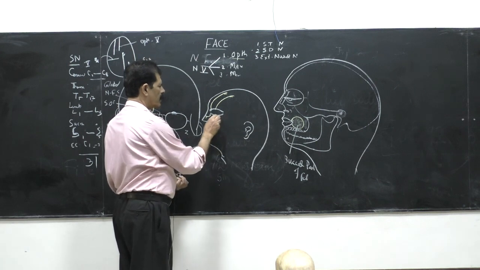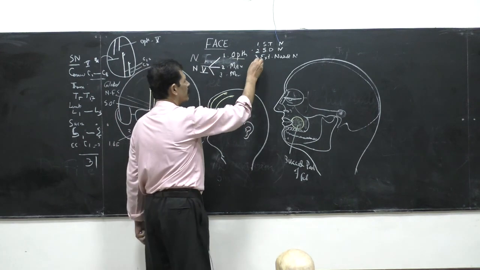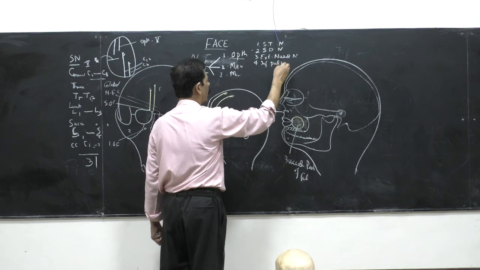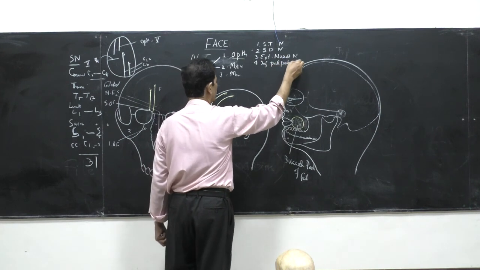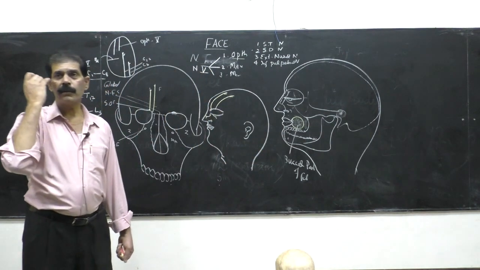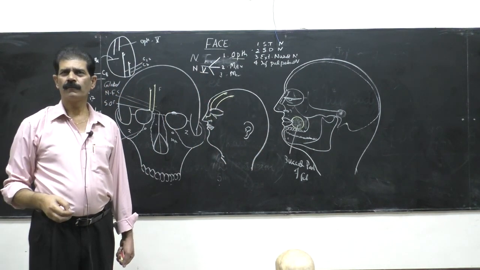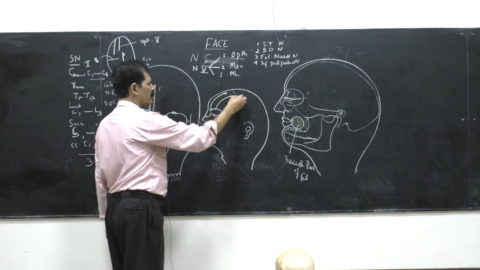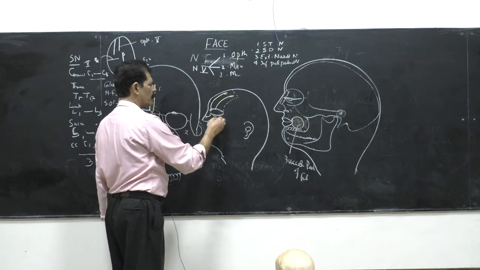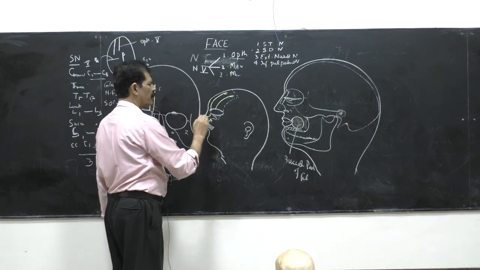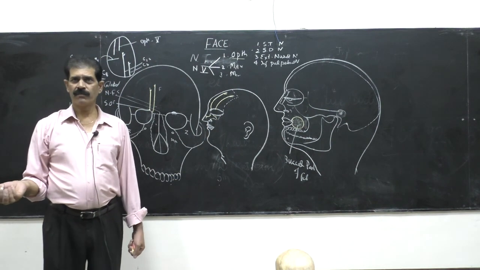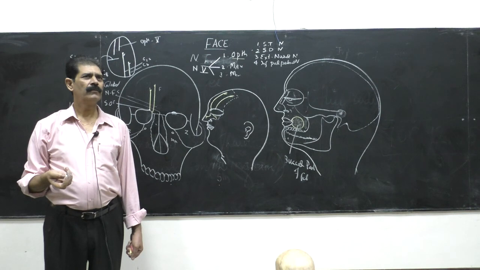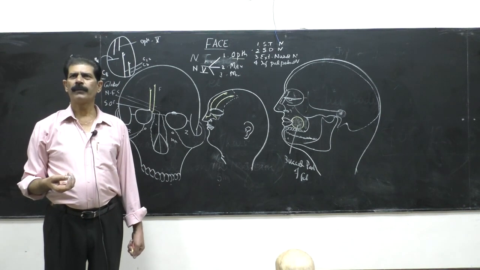Then the lower eyelid is supplied by the inferior palpebral nerve. So around the eye, these are the nerves. This much area of the skin of the face comes under the ophthalmic division, which takes charge of supplying the skin around the eye, above, below and medial. So these are the branches of the ophthalmic division.